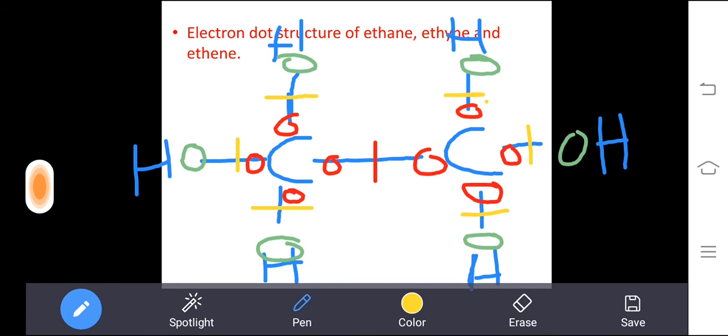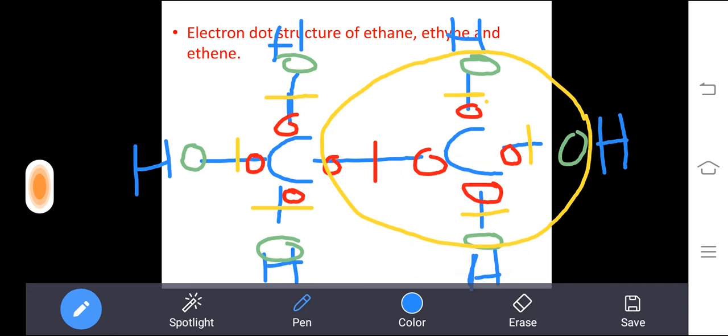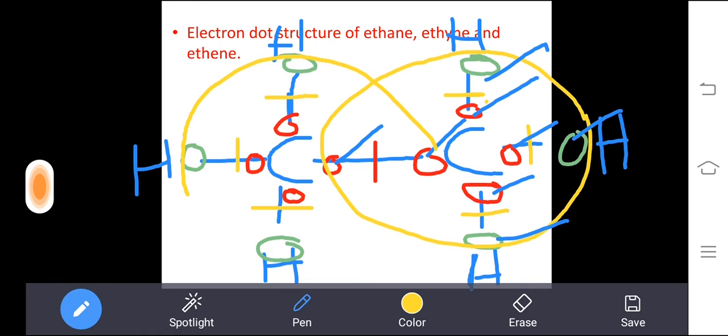Here you can see, if you take this carbon, I am going to take this carbon. In the circle, you want to count all the electrons. How many electrons is there? Can you count it and say how many electrons is there in the yellow color circle? You can count it. So I will count it to the blue color. 1, 2, 3, 4, 5, 6, 7, 8. 8 electrons are. Like that you can draw the circle for the another carbon also, it will become 8. Here you can see. So what it represents means now the carbon it will attain the stable octet configuration.